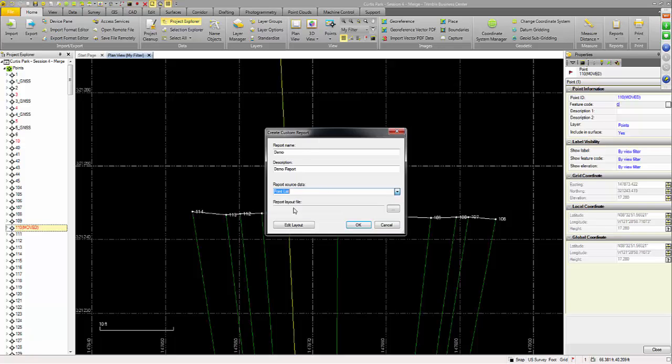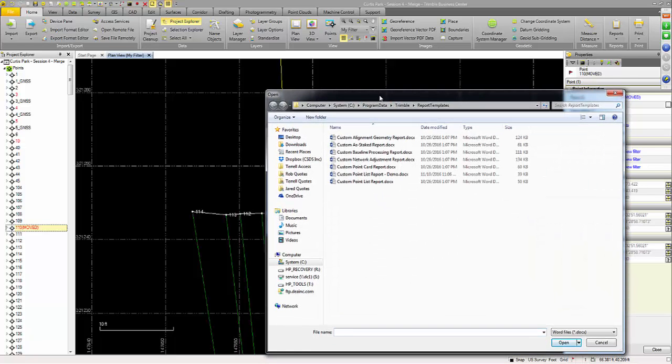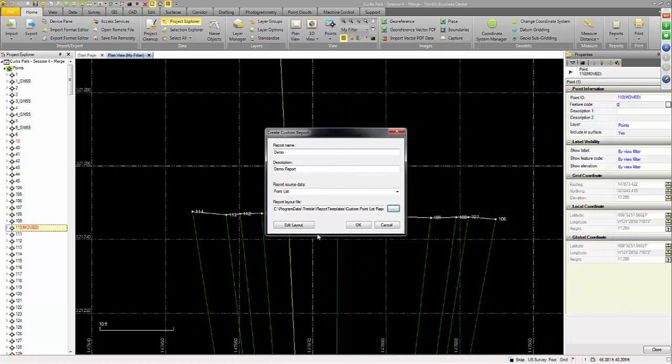And if I go to, let's say, point list, let me grab one of the templates. They have report templates saved to give you a starting point. In my opinion, it's always easier to modify something that exists rather than try to create it from scratch. I can say open, and then down here in the lower part of this, I can say edit layout, and